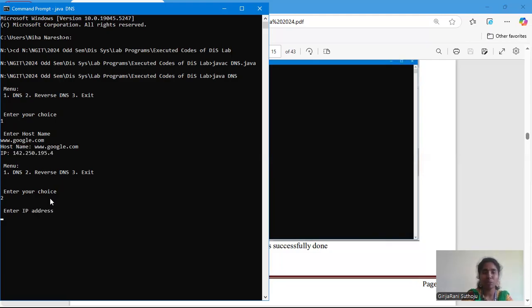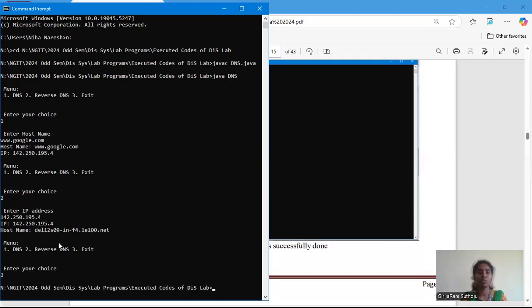So now in the reverse direction, I'm going to check it out. It is asking me to enter the IP address. Whatever IP address I have just entered, I can give this or something else. So 195.4. So I should get the host name as it has been in the saved format, but it is google.com. Okay. So we give 3, so we'll be out of that, right? So this is all about